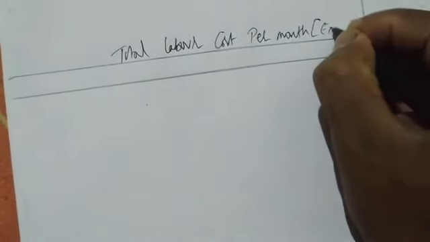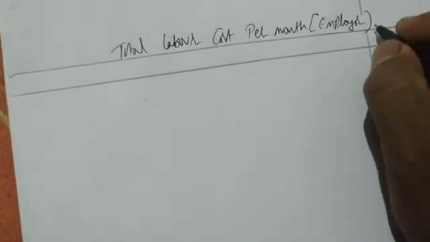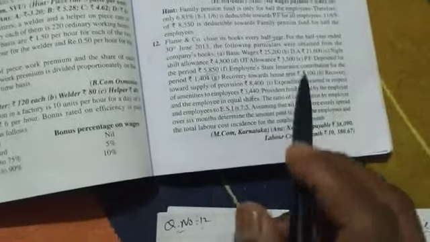And one more column is what? Total labor cost. He is asking per month. Whose cost are we finding out? The employer's cost we are finding out. And the information is for 6 months. The information which is given in the question is for 6 months. You have to find out per month. So amount per month. We can say expenditure per month also. I am writing it as amount per month.